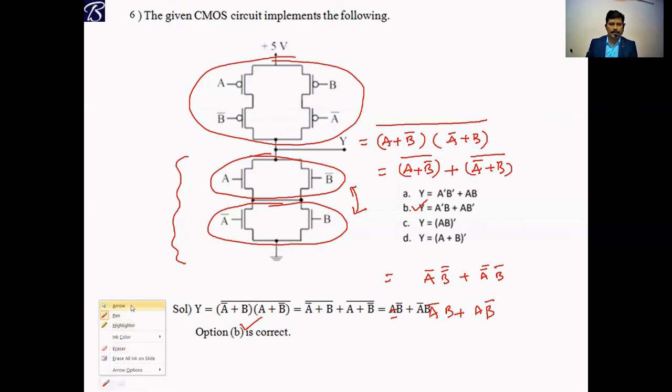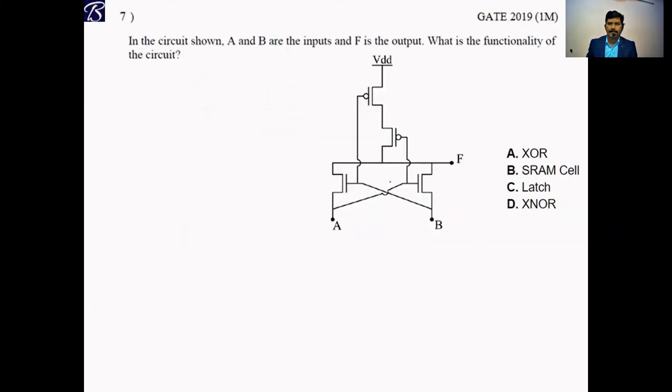Let us go to the next problem. This question was asked in GATE 2019 for 1 mark. We need to find out F. So here at the downside, instead of giving ground, he has given A, B. Actually, the inputs are here. This B is connected here, and this A is connected to here, to the input, and this NMOS and PMOS. Actually, this ground should be there, but instead of ground, he has given A B inputs. Now, in this case, we need to find out F like this.